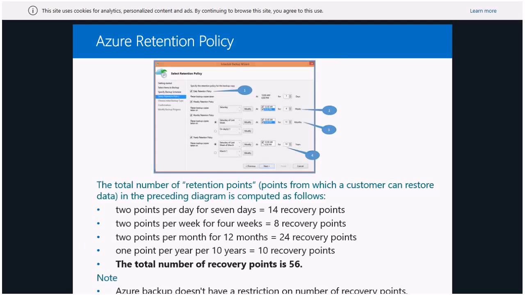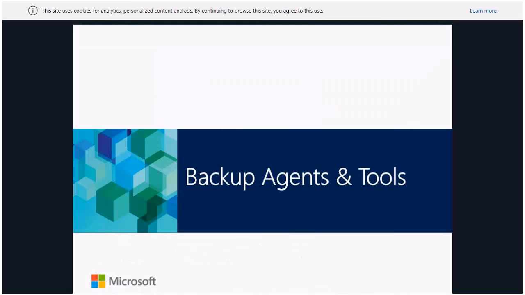Anyway, here there is a quick maths. If I'm taking, for example, 2 backups daily, and I'm getting a couple of backups weekly as well, anyway, not going to read everything, as you will get this presentation later on. As you can see, I will end up having 56 recovery points from backups. That gives a huge flexibility when I want to restore something.